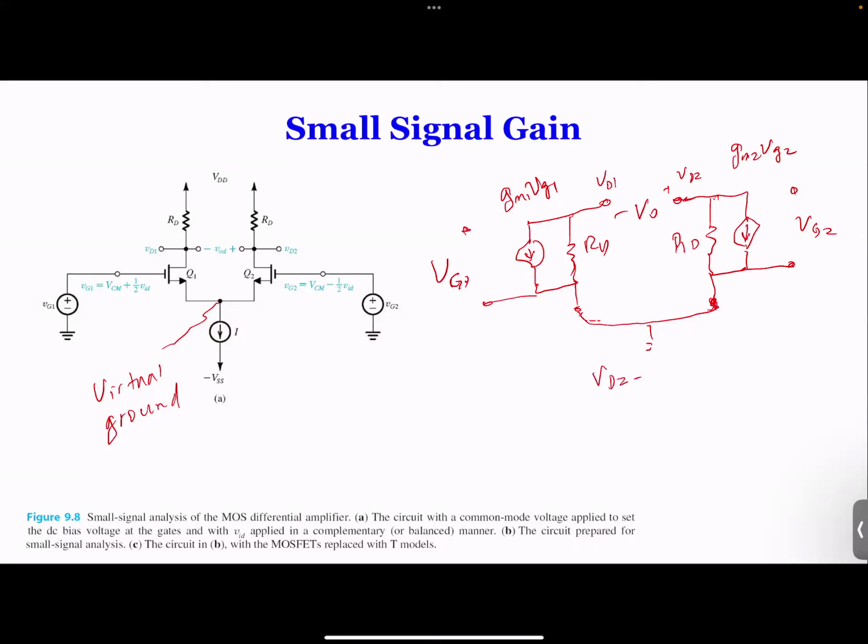So VD2 is equal to minus GM2 times RD times VG2, and VD1 equal to minus GM1 RD times VG1. And then VO equal to VD2 minus VD1, which is basically GM1 times RD VG1 minus GM2 RD